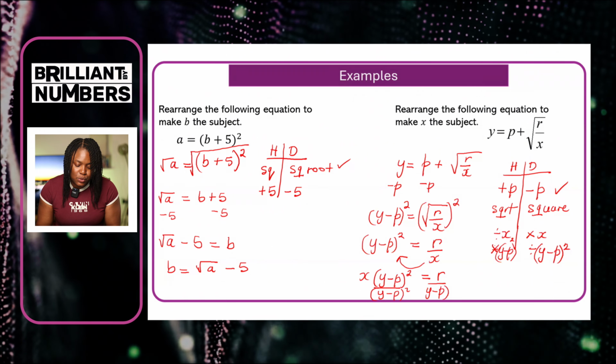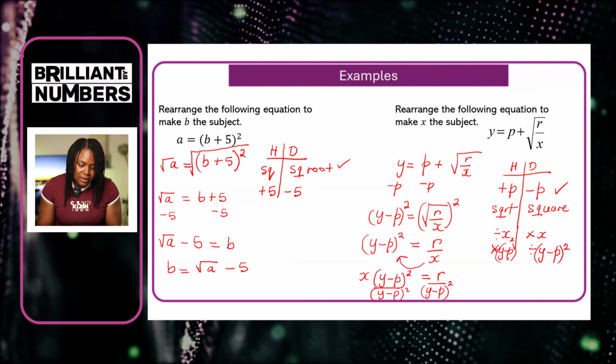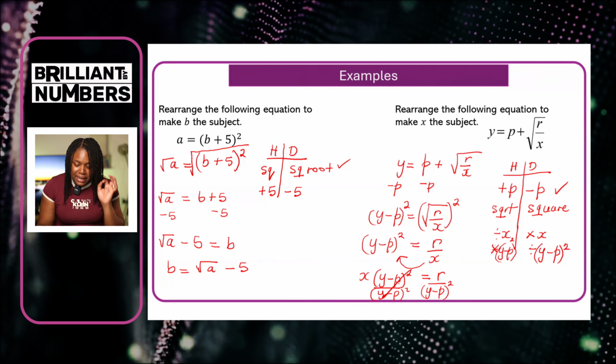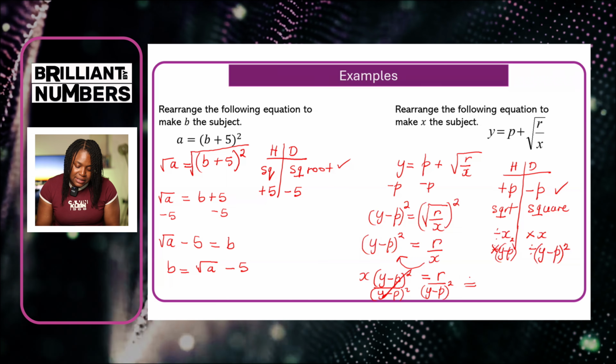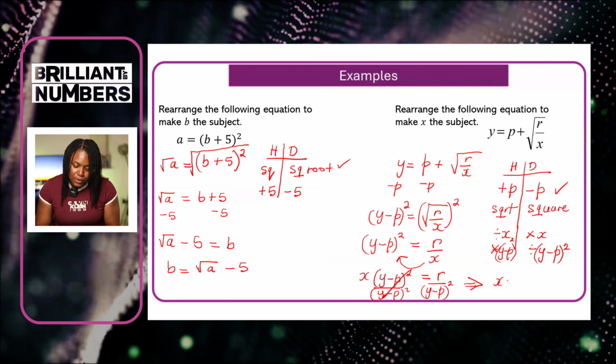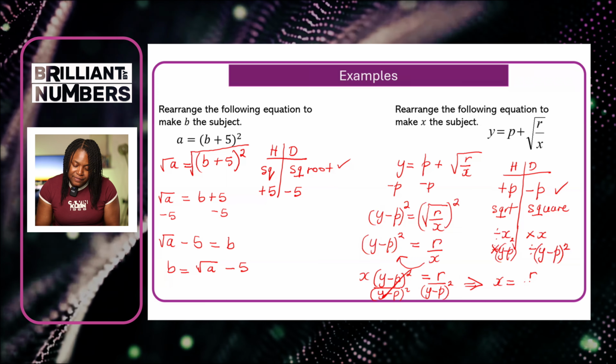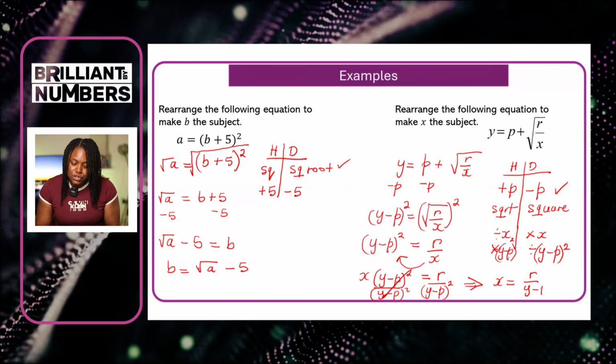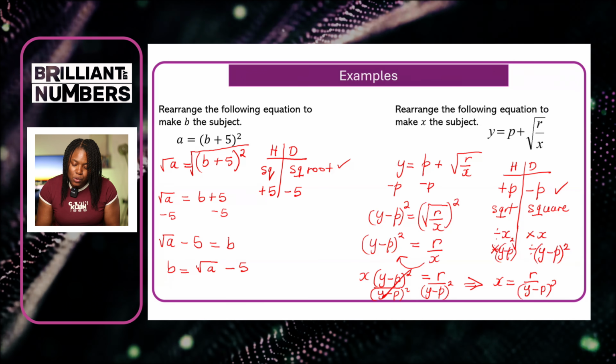So now that cancels out, leaving me with my x. So the final answer here is x is equal to r divided by y minus p, and that is all